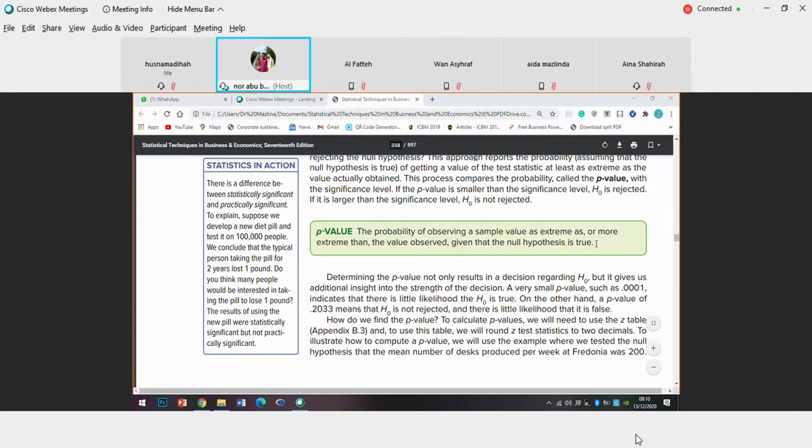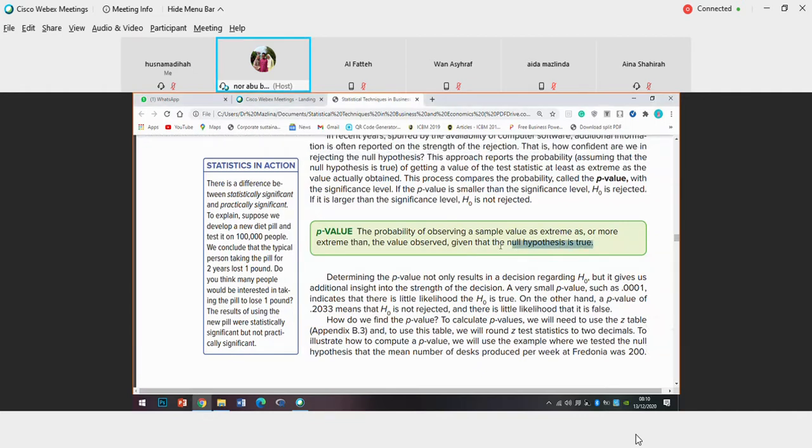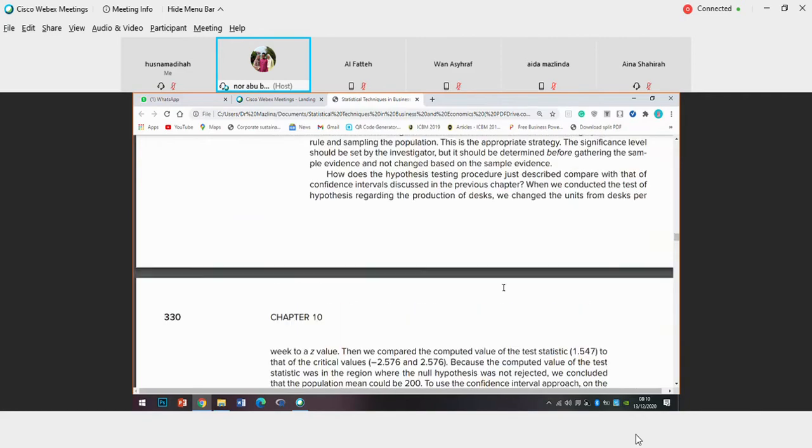for an ordinary person who just learn what is statistic, kalau awak jumpa perkataan ni, mungkin perkataan yang awak faham adalah probability. Probability of observing a sample. Okay, jadi sebenarnya awak boleh ringkaskan sebagai probability of observing a sample given null hypothesis is true. Okay, in layman's term, dalam perkataan yang lebih mudah adalah, okay, if you look at